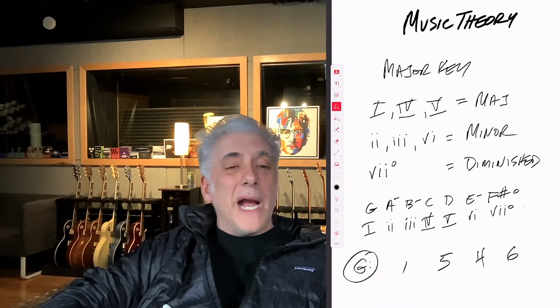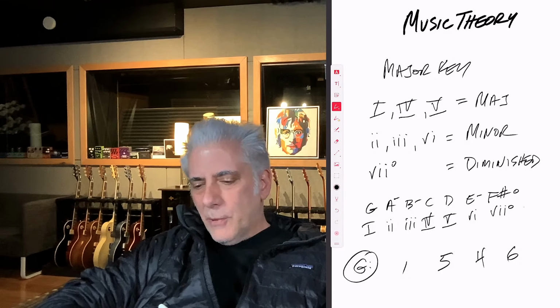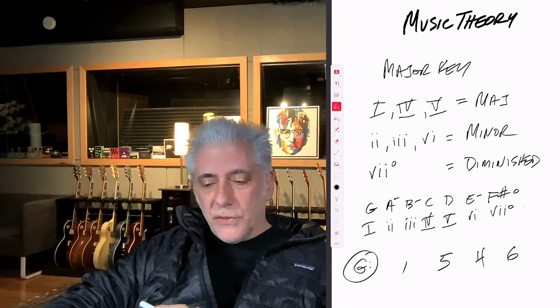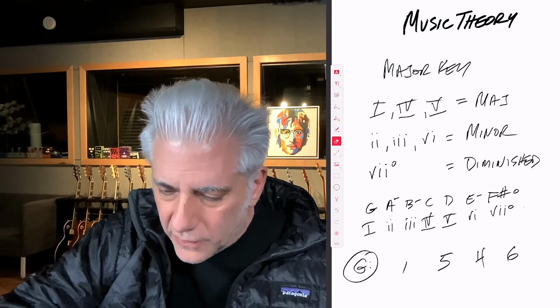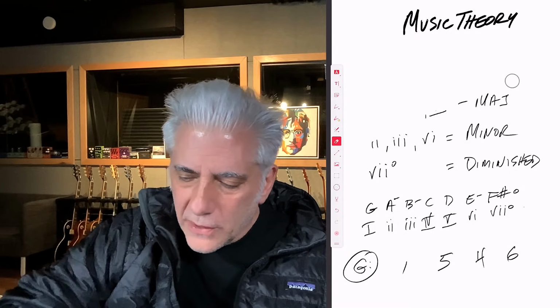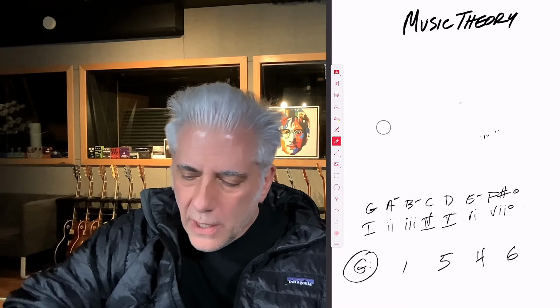Somebody said augmented is missing. Augmented chords you get in minor keys, okay? But we want to talk about 7th chords before we move on, because we're talking about major keys first. It's always good to learn major keys and minor keys. And in minor keys you get augmented chords and scales like the melodic minor scale and the harmonic minor scale. It's a little bit more sophisticated, but it's pretty basic stuff.